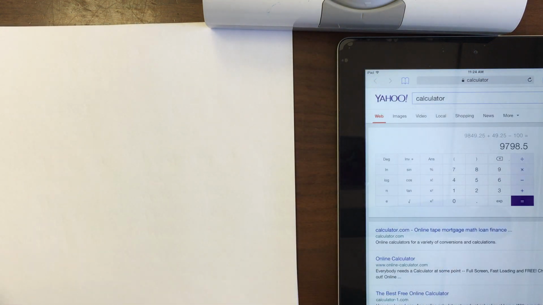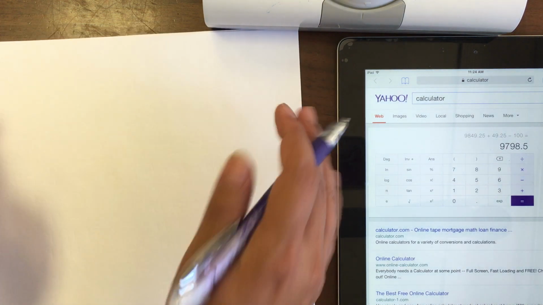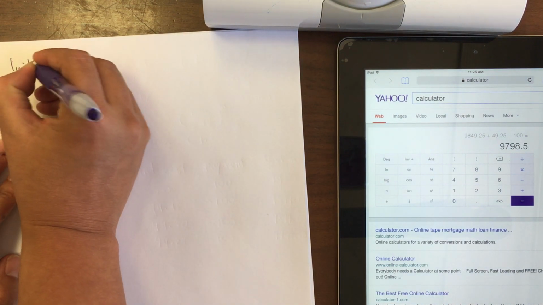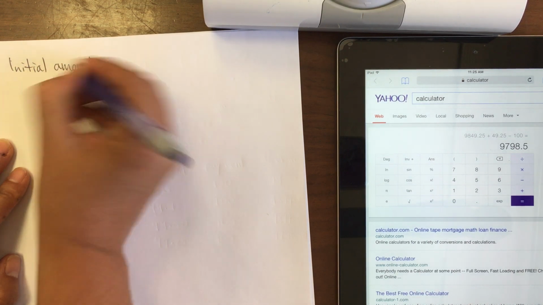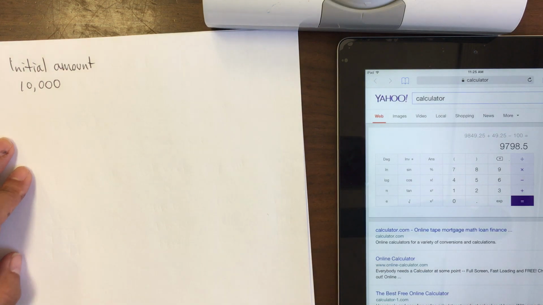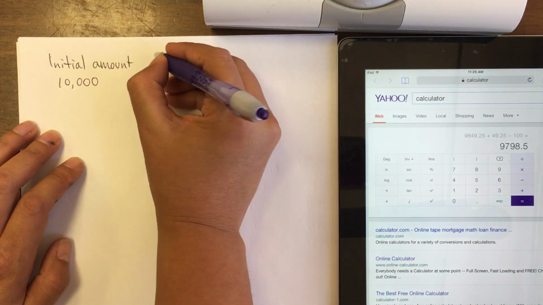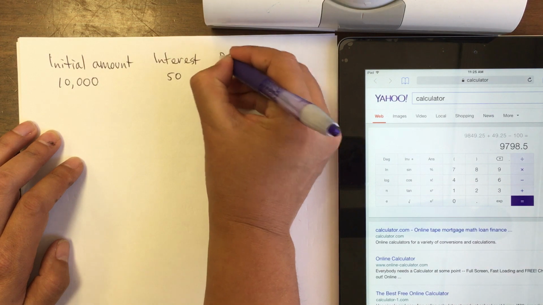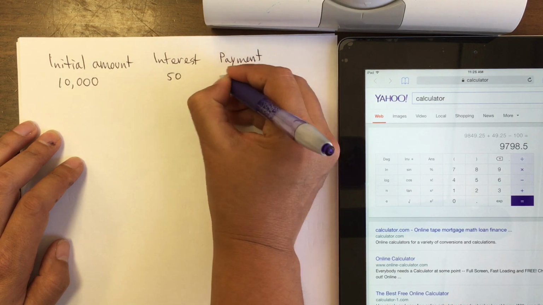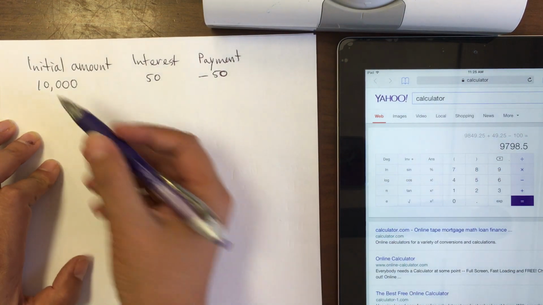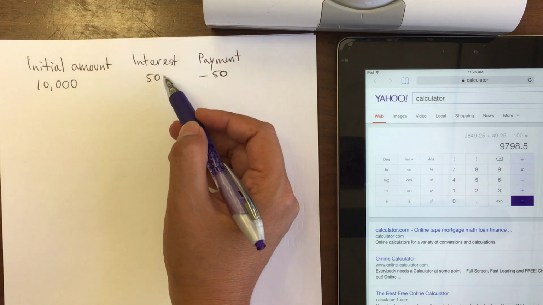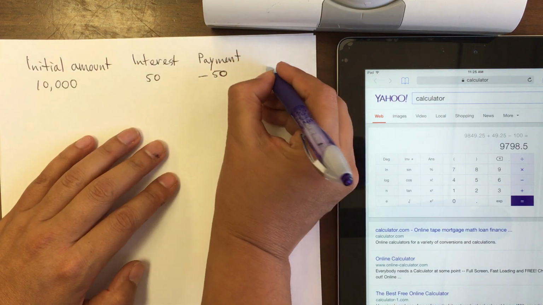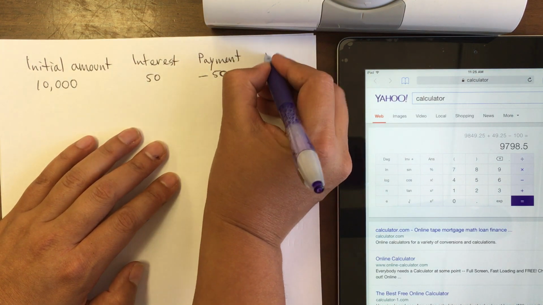let me give you an example where the initial amount is the same. You start with $10,000, right? But then your interest for the first month, remember we got that it's $50, and then they ask for a payment of $50. So if you owe the $10,000, the interest is $50, you get $10,050. Minus your payment, which is $50, you end up with $10,000 again. So next month,